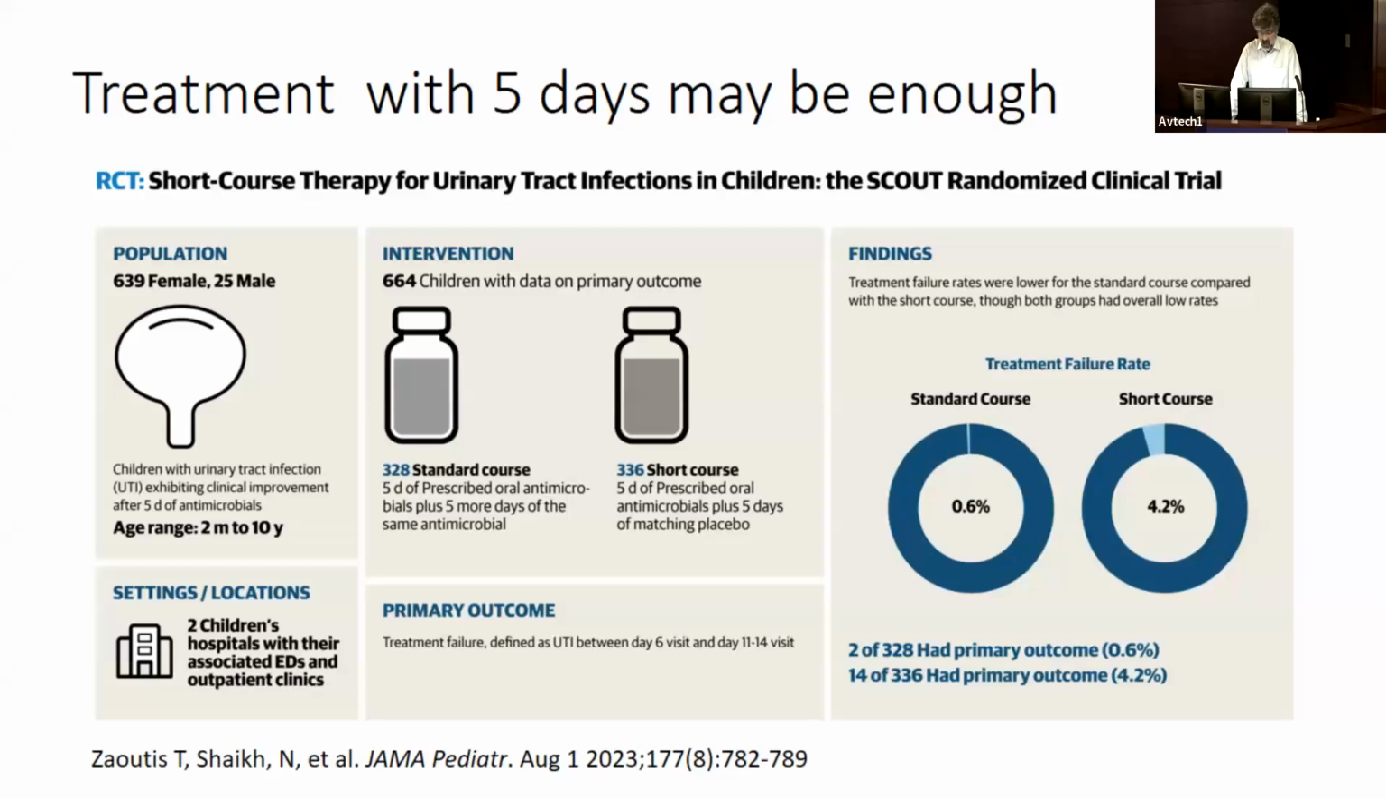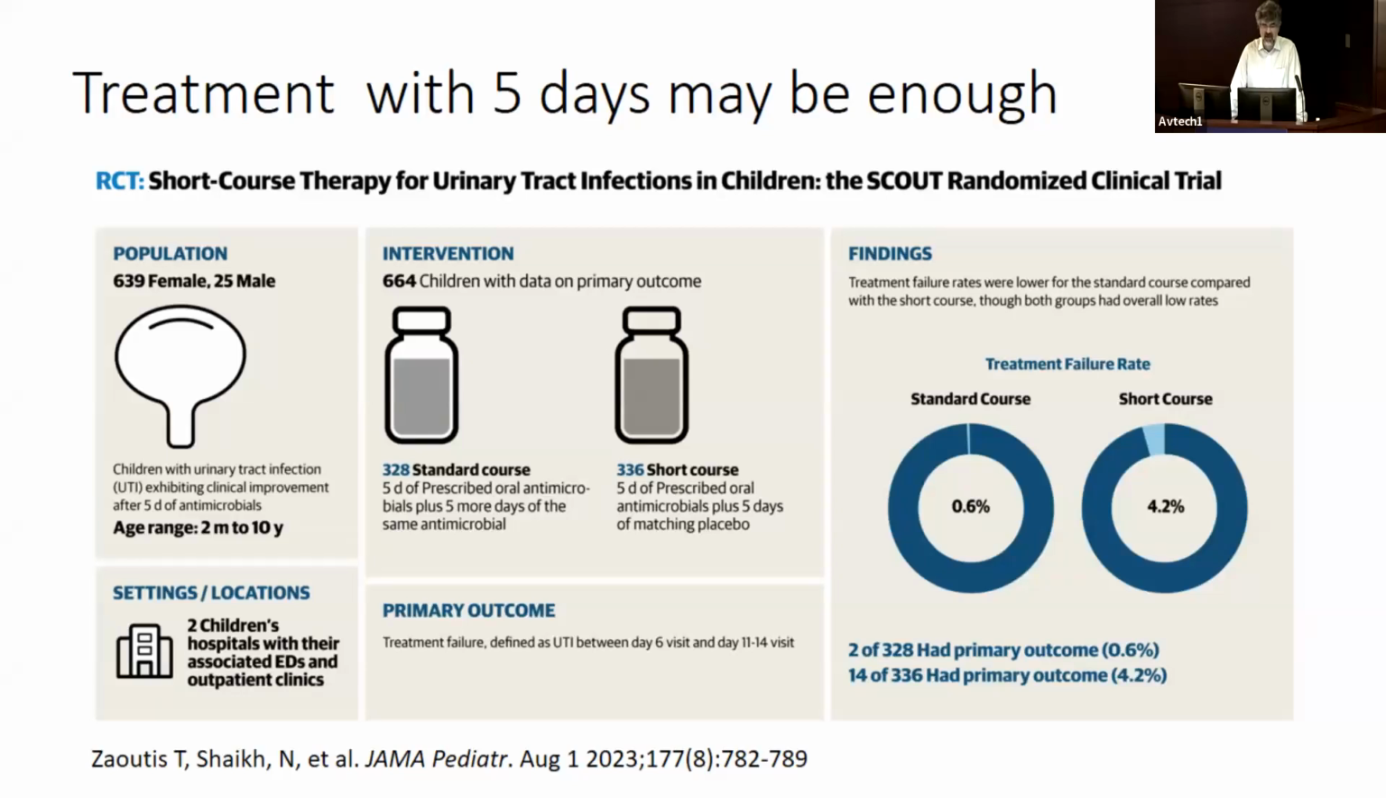The children were randomized 1-to-1 to standard course, which was 10 days, or short course, which was 5 days of antibiotics followed by 5 days of placebo. Everybody was blinded. The primary outcome was UTIs at the end of treatment. So early recurrent UTI was the outcome. So the findings are shown on the right. 0.6% of the standard course patients and 4.2% of the short course patients developed the UTI soon after the end